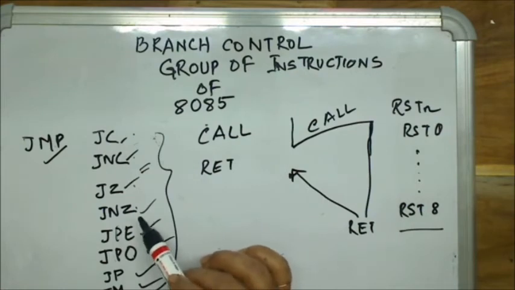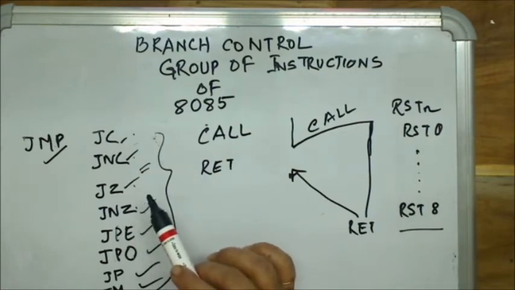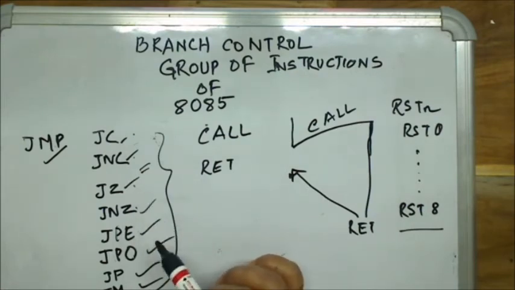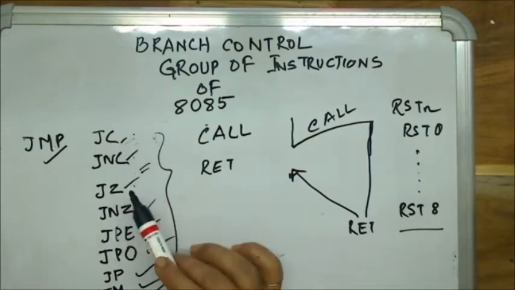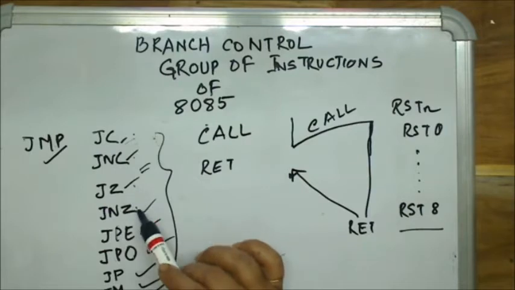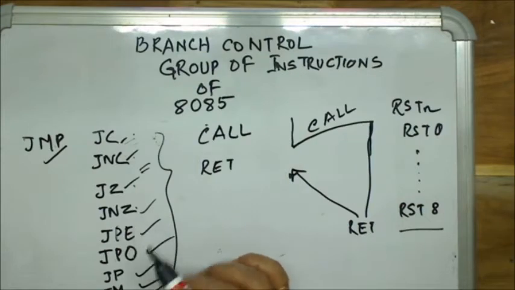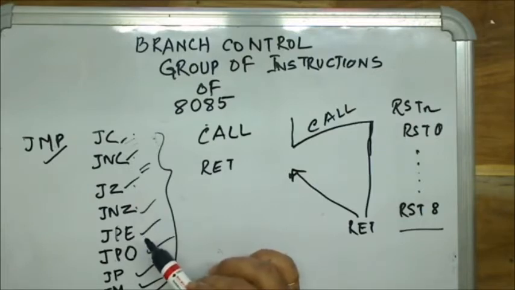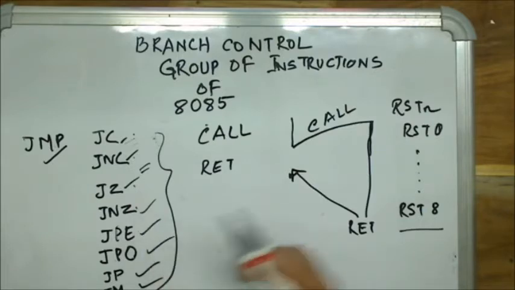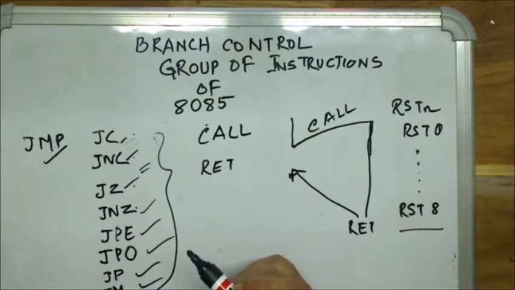In any add or subtract program, you need to check the carry flag, so you need jump if carry and jump if no carry. Jump if 0 and jump if not 0 are useful in looping. I am going to teach you examples of JZ and JNZ and creating loops. I will be giving you two or three examples so that you can understand better.